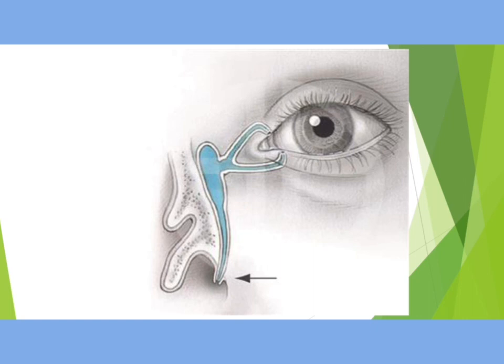When you are crying very much, you will notice that tear is flowing through your nose also, because in crying the secretion of tear is so high that the evaporation is not sufficient to evaporate all your tears. So some remaining tears come through the nose also, but actually from the nasolacrimal duct the tear gets evaporated.